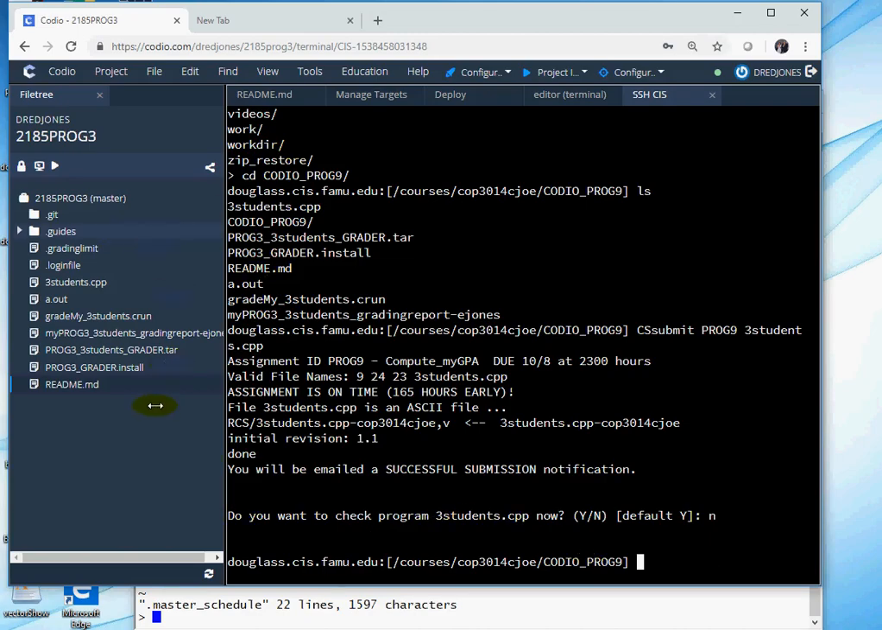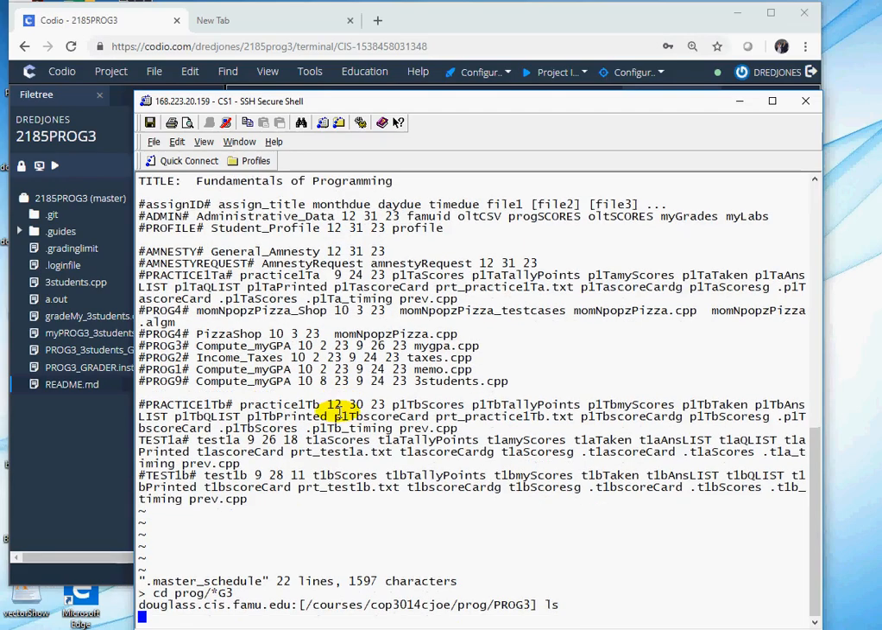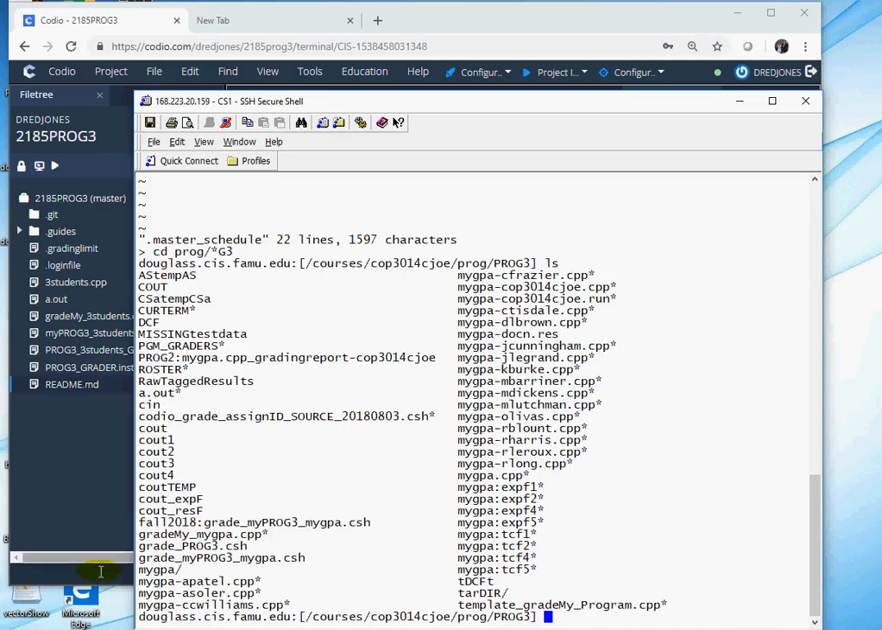Let's do something weird real fast. Okay, I will do it here. I'm getting ready to switch down to the secure shell where I know I have files. So I'm going to go to where I know I have the program for PROG3. PROG3 is my GPA, so I'm going to just CSsubmit